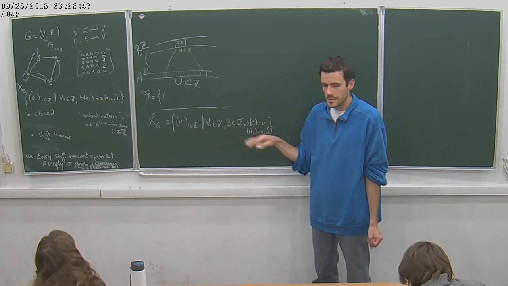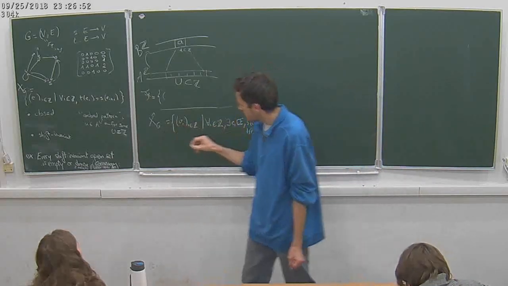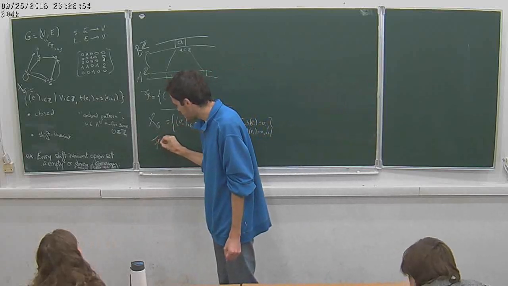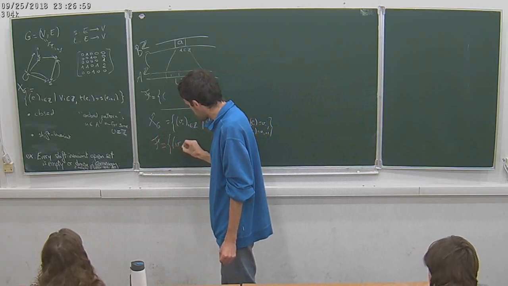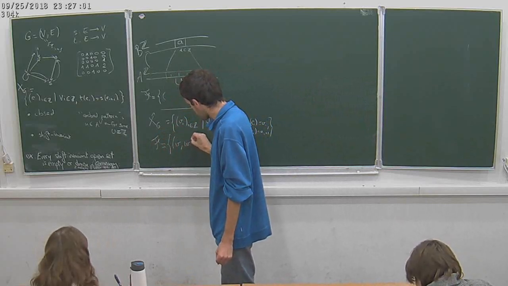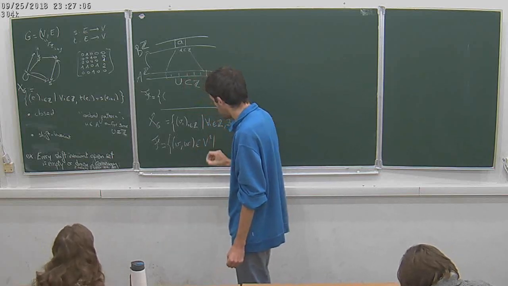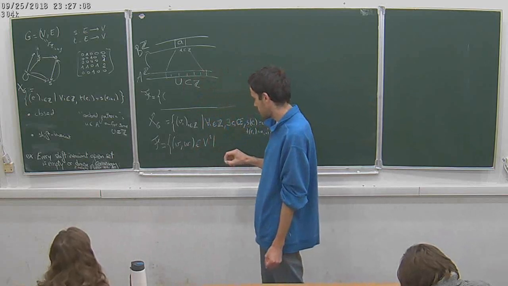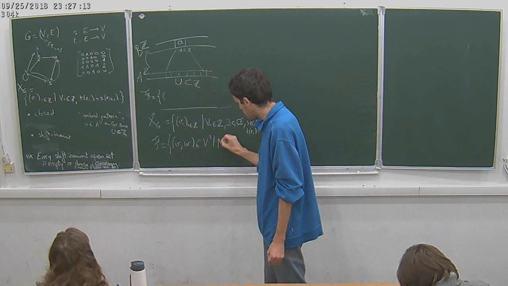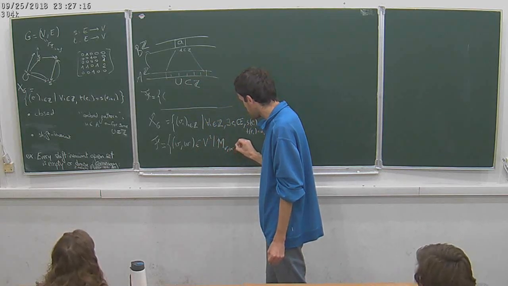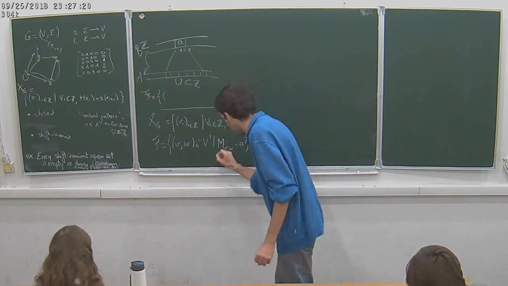This is also defined by forbidden patterns, and the forbidden patterns are pairs of vertices where we have 0 in the corresponding position of our matrix. So you can write it either like this, is not in S, or equivalently,